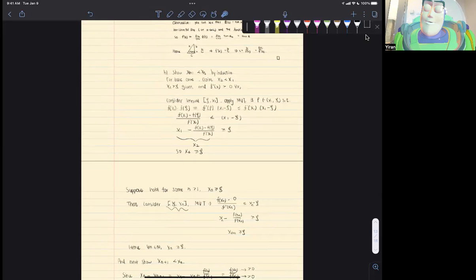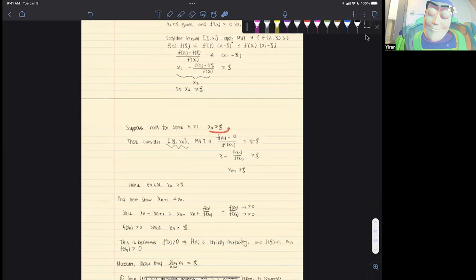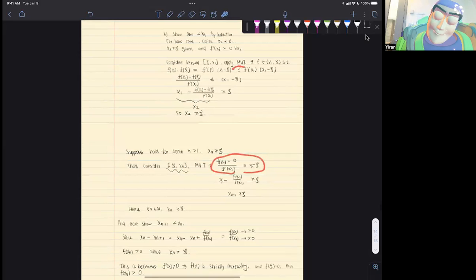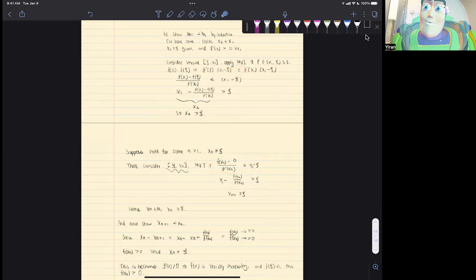So the induction step is to assume that for some n larger or equal than 0, such x(n) is larger or equal than c, right? So we prove that, and then we use the mean value theorem on the interval (c, x(n)), to obtain this inequality. And once we do some algebra, again, we are using the fact that f prime is